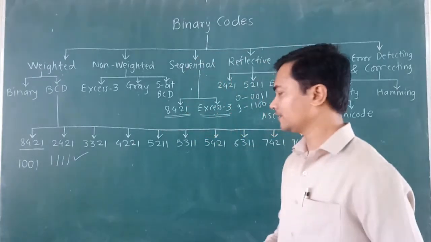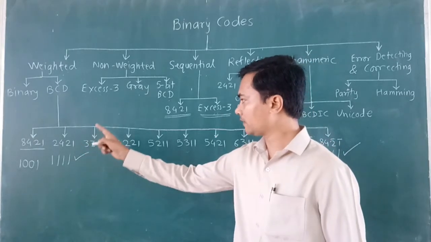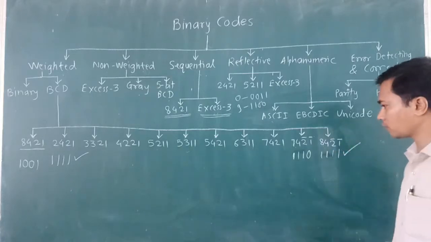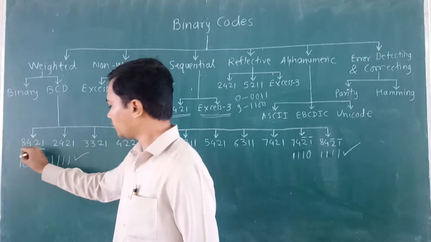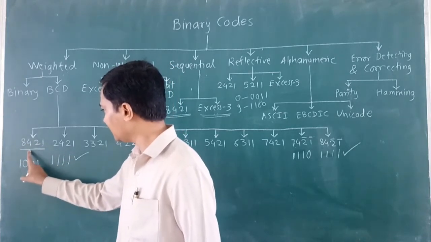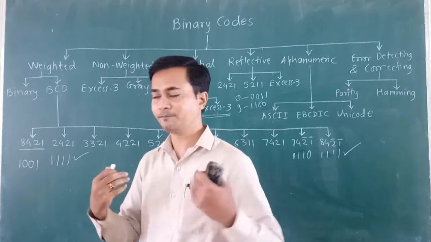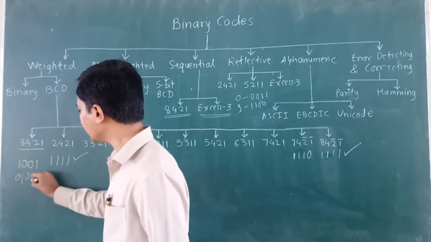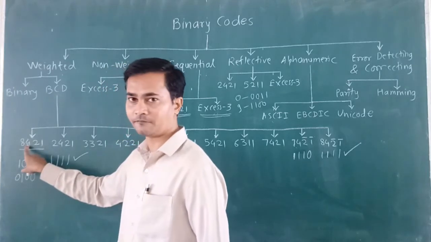Now consider that I want to represent value 4 using 8421, 2421, 74 2 bar 1 bar and 84 2 bar 1 bar code. How can we represent it? We want to represent value 4. That means we have to simply make this position 1 and all other remaining positions must be set to 0. Straightforward, we get 0100. Only this position has been made 1, so that directly we get the value 4.